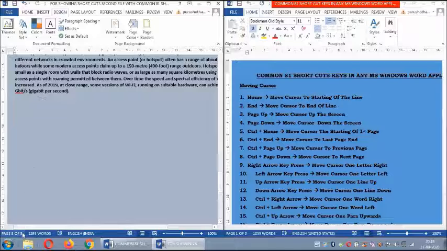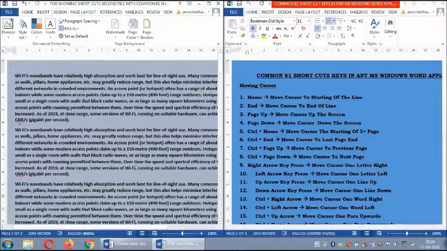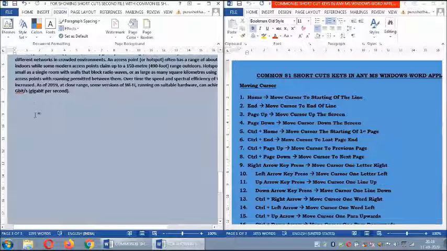Now control and end button. See my cursor is in the third page, the last. This is my third page, that is the last page, it came to the end of the document. And control home again is going to the first page, you see on the status bar, first line. Control end is going to the last page. It may be 100 pages, 1000 pages, it goes to the last page, end of the document.